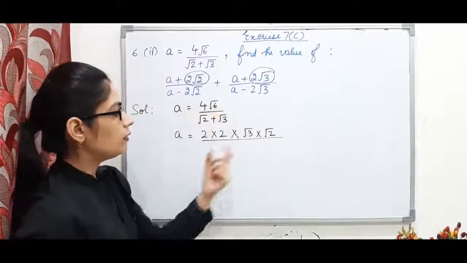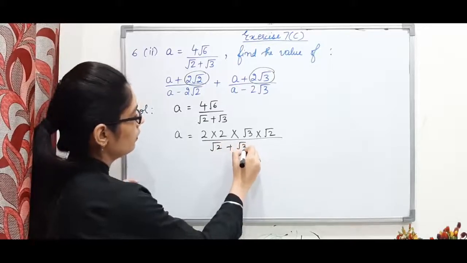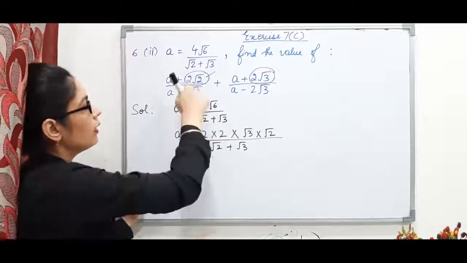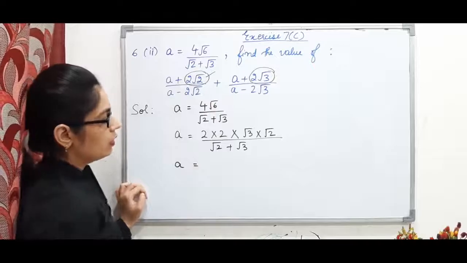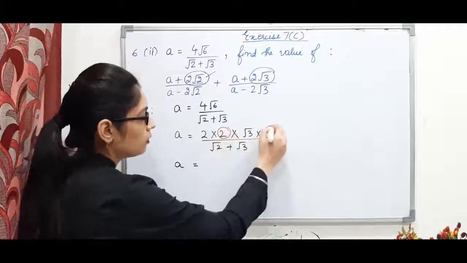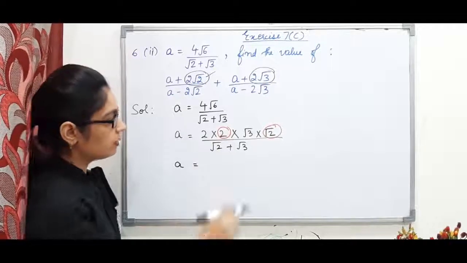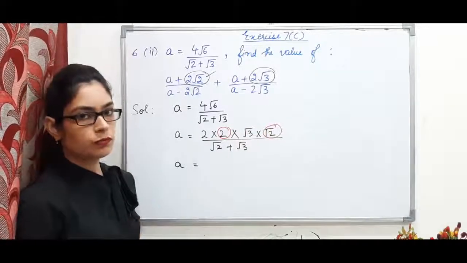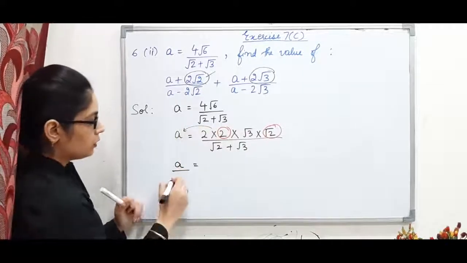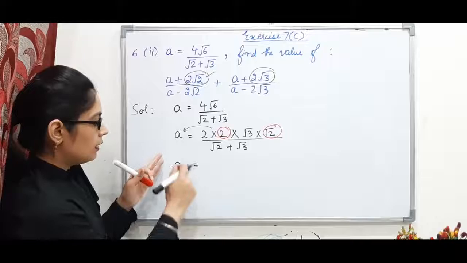So I have just written in expanded form. So here root 2 plus root 3. So a is equal to, see now in the first expression, with a, 2 root 2 is there. So what I can do here, this 2 and root 2, these two we can shift to other sides. Same way like in the previous first part we have done. So 2 and root 2, they are in the form of multiplication this side. So when I change this side, they will get divided by a. So 2 into root 2 will be 2 root 2. So directly this way I am writing a by 2 root 2.